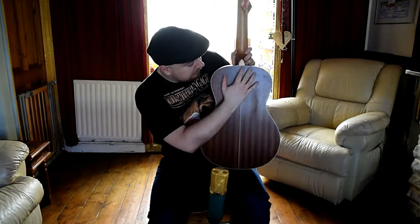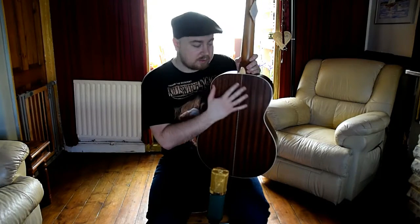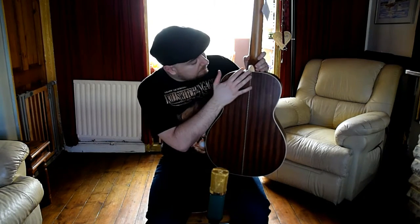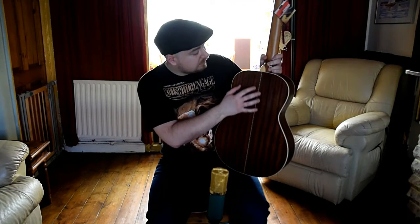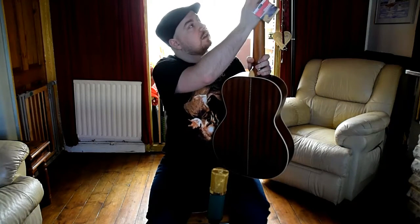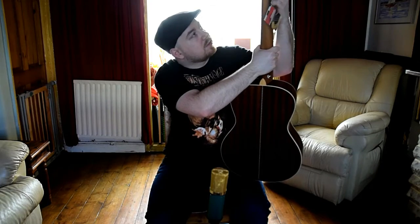The back and sides, I don't know if you can see that very well on the camera in this light. Supposedly the back and sides are mahogany and it looks very nice indeed. All of the binding is really nice, really well done. Just looks fantastic on the back, and the neck support here, extra strength,